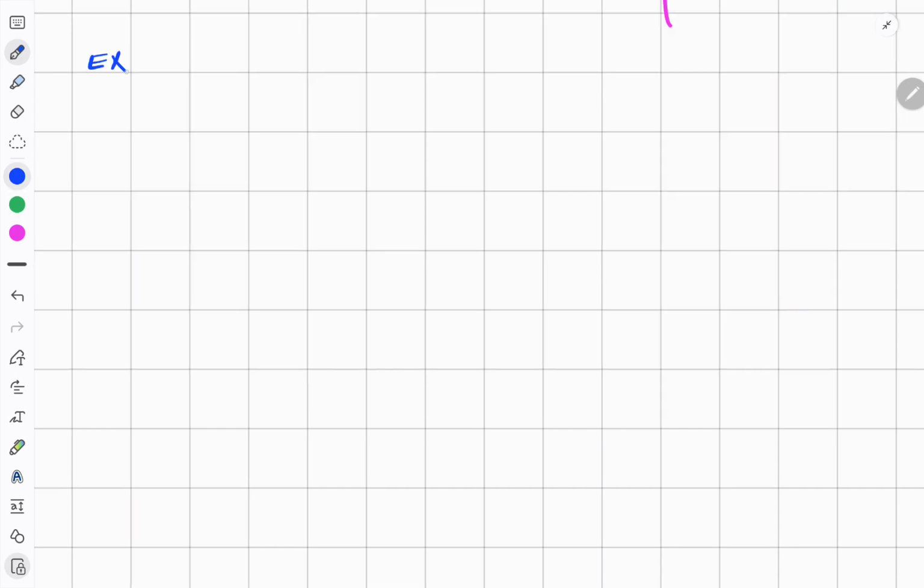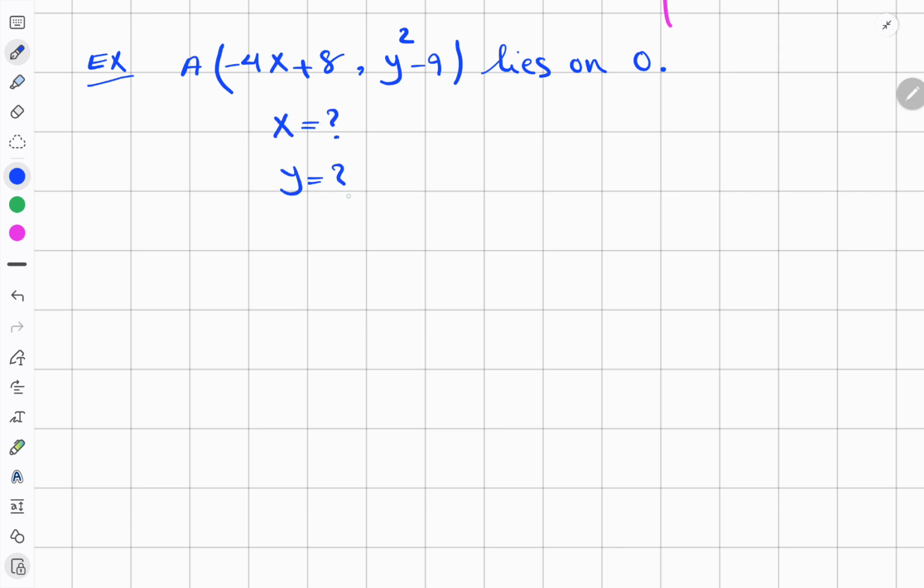Perfect. As another example, we have a point A with coordinates negative 4x plus 8 and y squared minus 9, and this point lies on the origin, O. We are going to find the values of x and y. We know that the origin